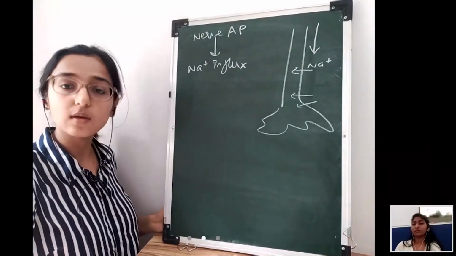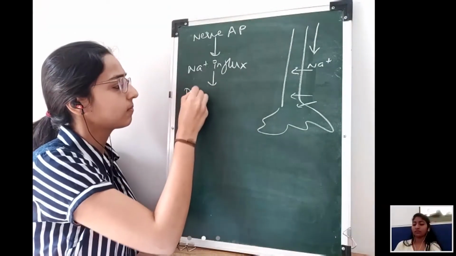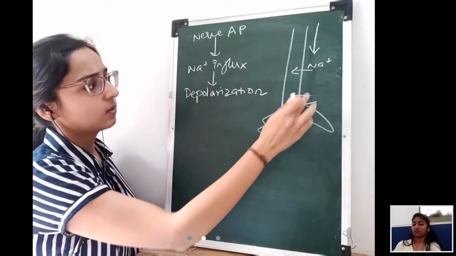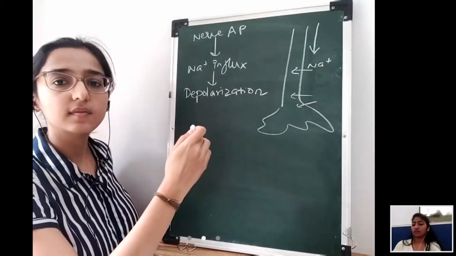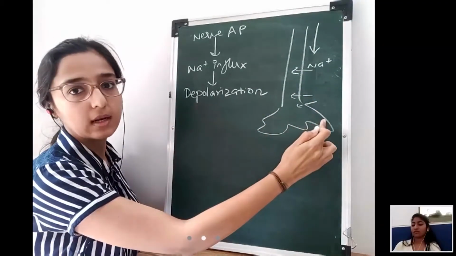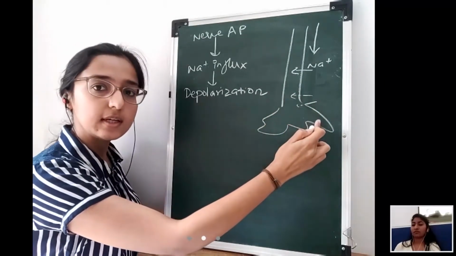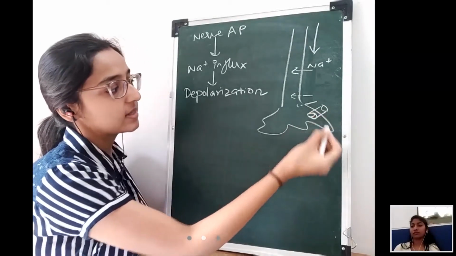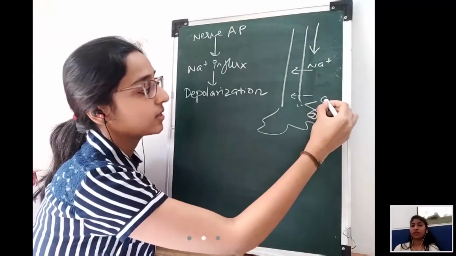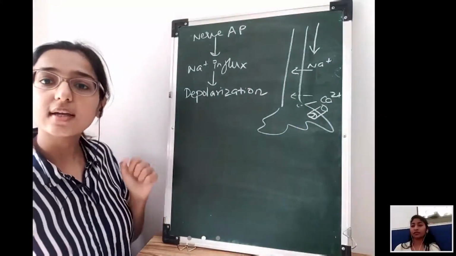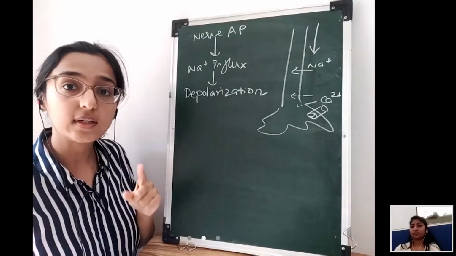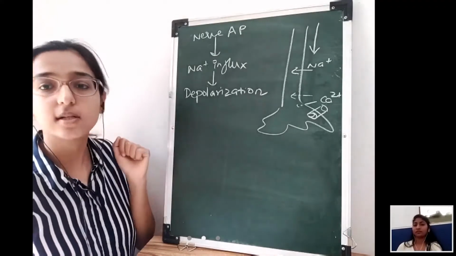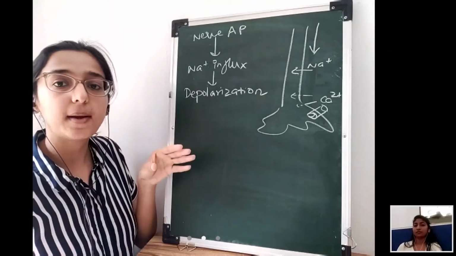This sodium influx, what does it cause? It's causing depolarization. This is the first cation that enters inside the nerve and starts causing depolarization of the nerve membrane. As the nerve membrane is getting depolarized, it also has another channel. Which channel is this? Another cation, positively charged. So there are calcium channels. Now these calcium channels are voltage gated. If we say any channel is voltage gated, what does it mean? With any change in potential, these channels will open or close. Their opening and closing is dependent on the voltage.